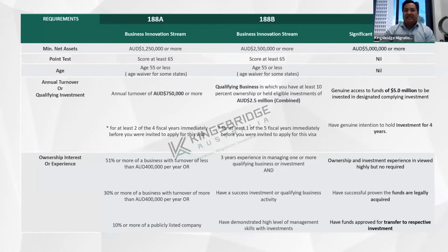Previously, the minimum asset was $800,000, but as of the 1st of July, that has now changed to 1.25 million. There is a points test which we need to fulfill. That's based on your age, your skills, how long you own your business for, your assets, your English score, your qualifications. Generally speaking, most of our applicants who meet the minimum criteria of investments and business turnover should meet the